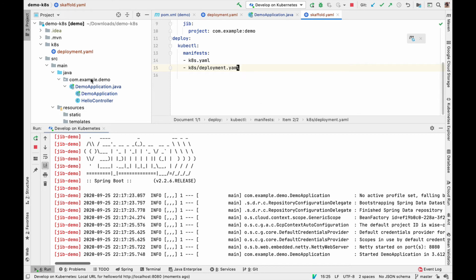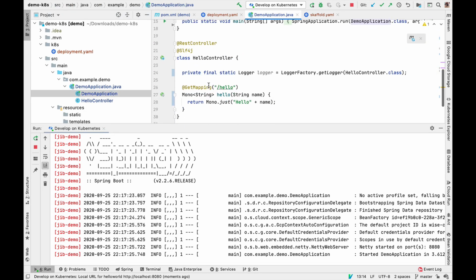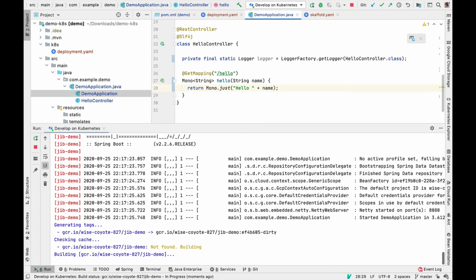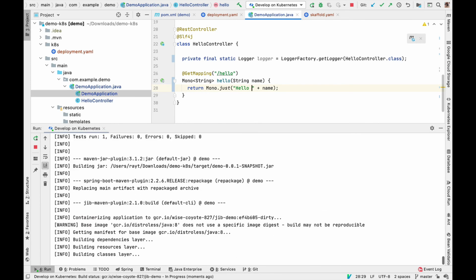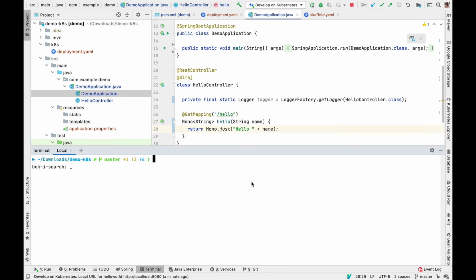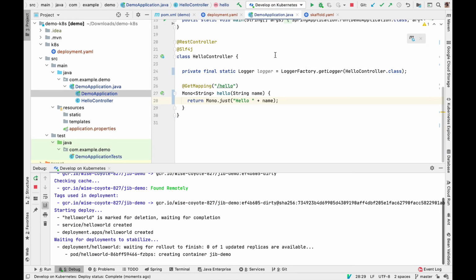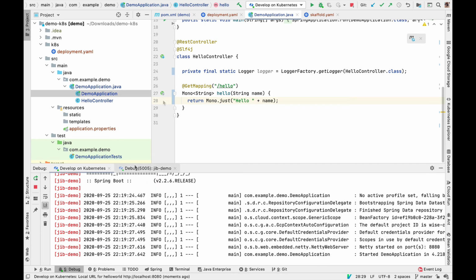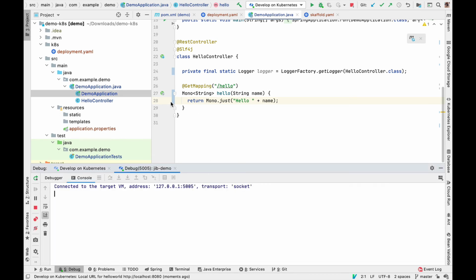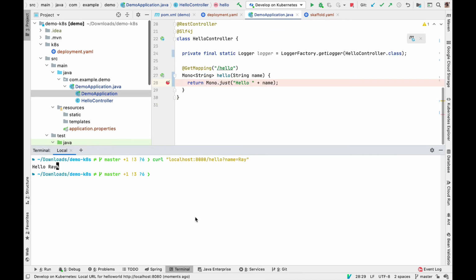If you change the source code, it will detect the change and then rebuild the container image, redeploy, and do this automatically so you don't have to do this manually yourself. You can even run this in debug mode, in which case it will automatically enable the debugger port and connect your IDE to this remote debugger. You can then add breakpoints to your source code. And when you test your application, it can trigger the breakpoint, and now you can step through the code as if it was running locally on your machine.